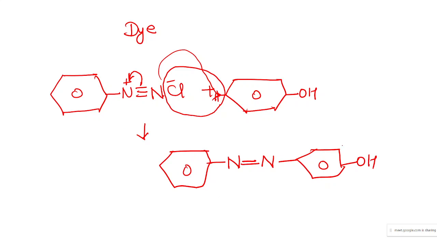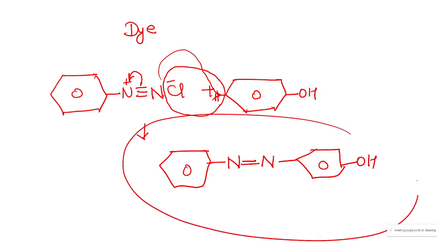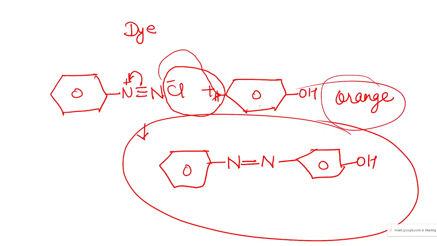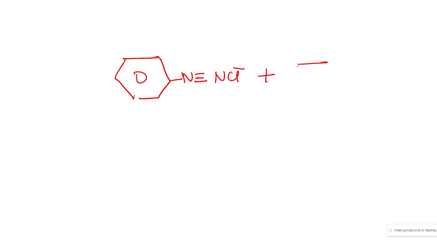Now when this is fused with phenol, you will get the color. The color of this compound is orange. This is your orange dye. If time allows, I will show you this in the lab, how this orange color comes here with the diazonium salt. Similarly, you will have one more color, and that is a yellow one. In case of the yellow one, the same diazonium salt, N triple bond N and then Cl negative, will be fused with